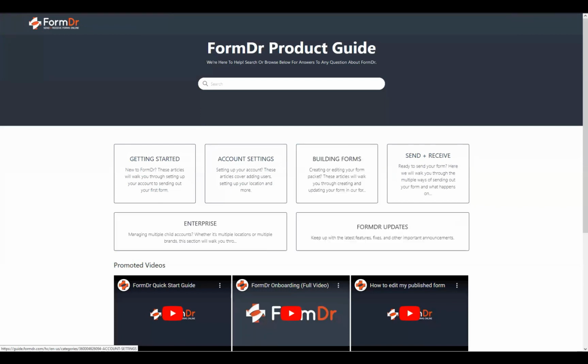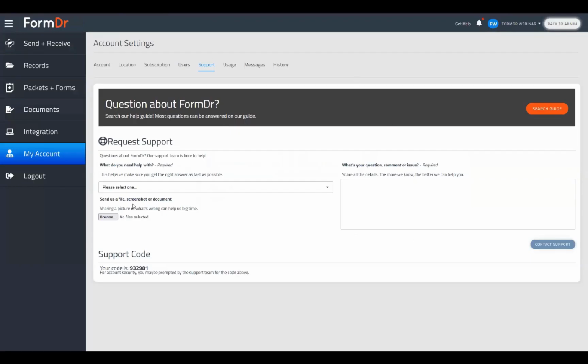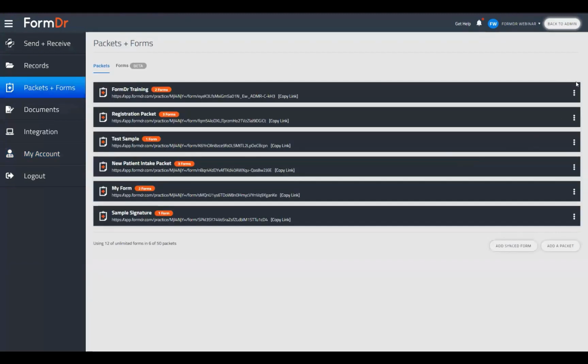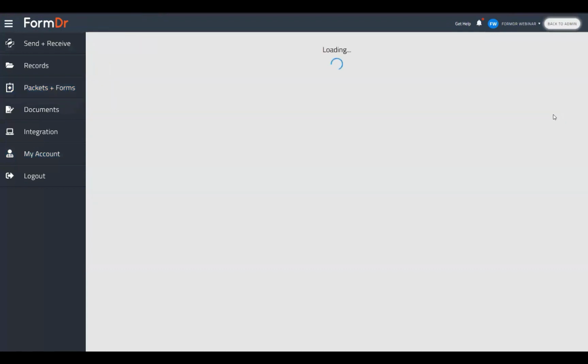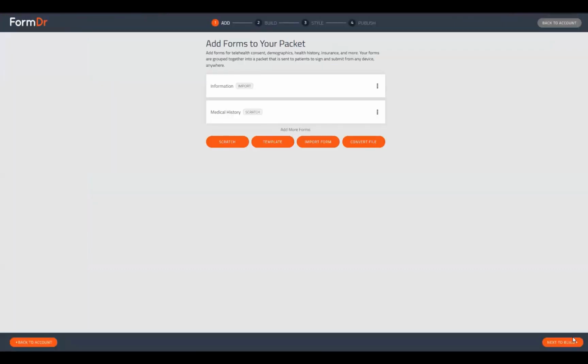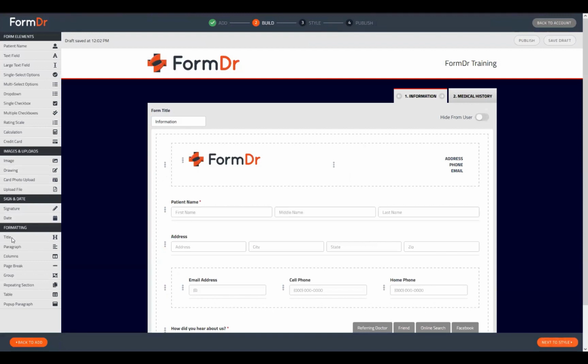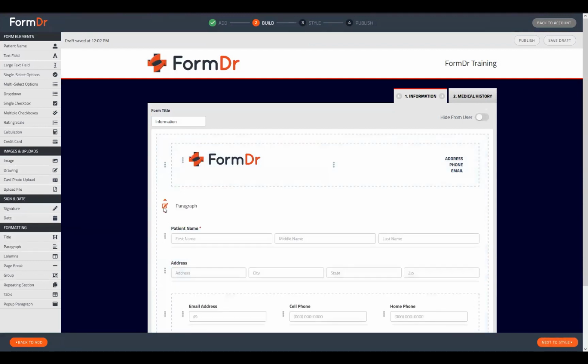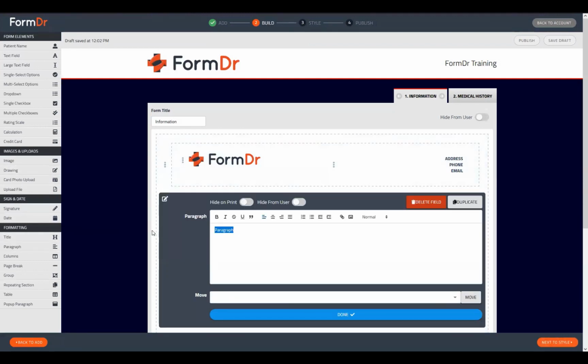Oh, yes. The paragraph widget is simply, sorry, and the question: can I use a paragraph to write a description of information? Yes, the paragraph widget is simply a text editor. So once we add that in there, we can take a look at that. We can drag our paragraph. You can use this as a title, a section header. You can have an entire consent form,